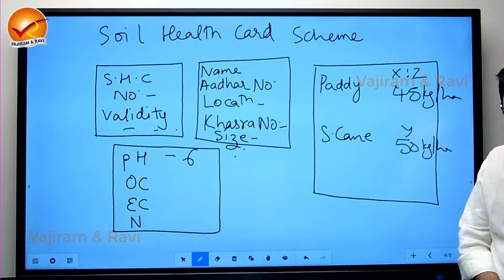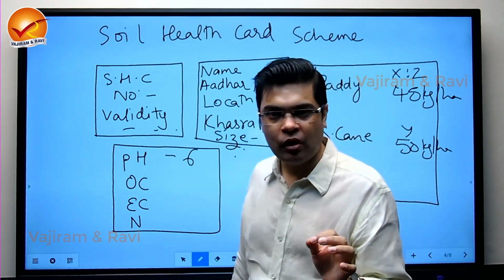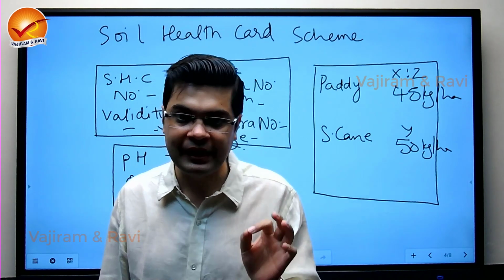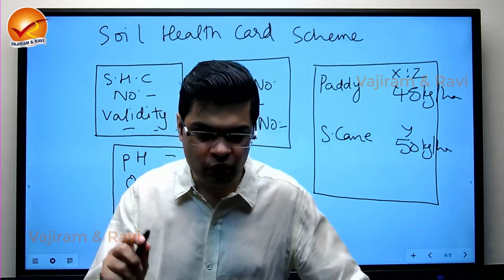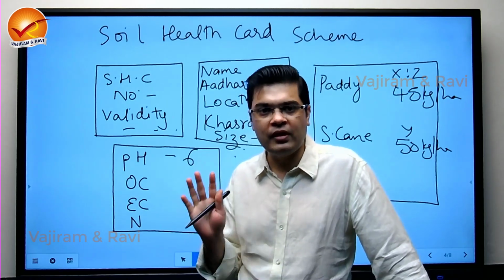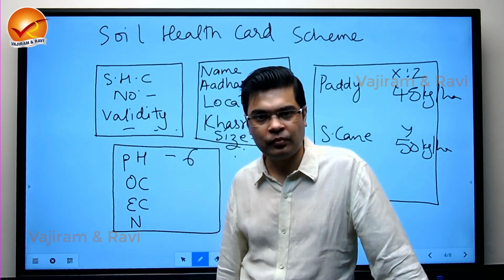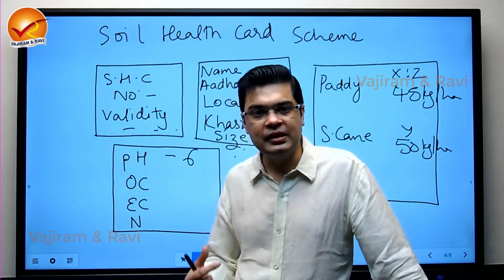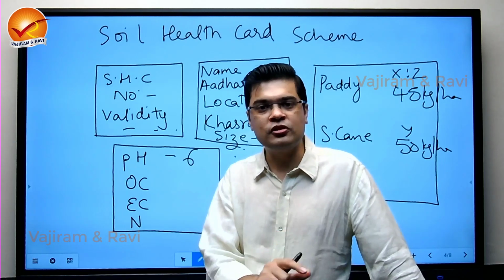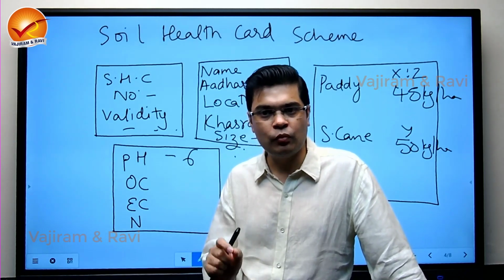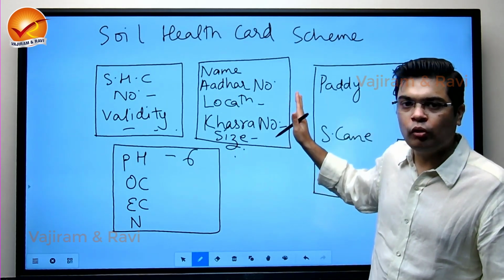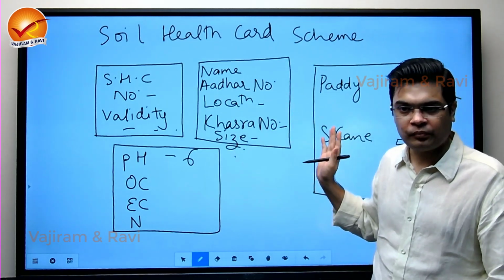And in the country, as of now, more than 25 crore farmers have been given the soil health card. In phase 1 and in phase 2, we have almost 25 crore farmers, more than 25 crore who have been given the soil health card. The assumption is that if the farmer knows what is best for his soil, in that case, the farmer is not going to overuse the fertilizer.